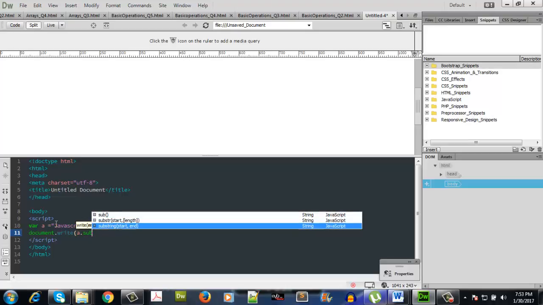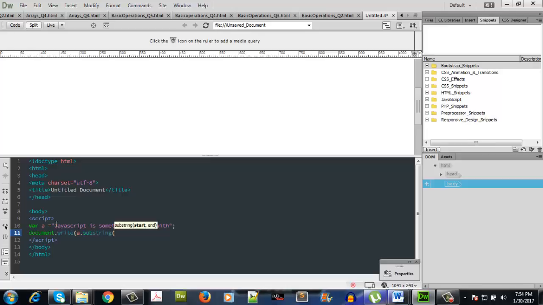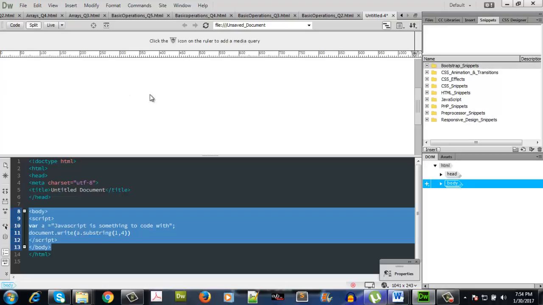So substring means define the start point and end point, and substr means define the start point and the length that you want to extract starting from that point. So it's giving you the answer. If I use substring, I can define extract me from 1 till 4. There you go. And I have to close one more bracket. Now if I preview this over here,